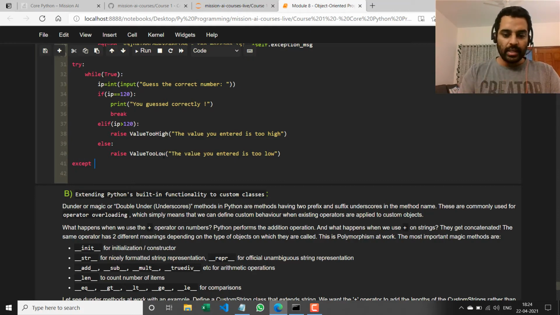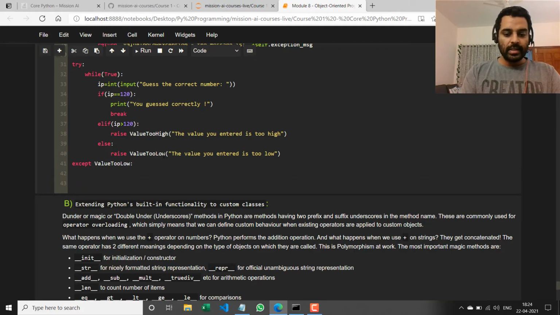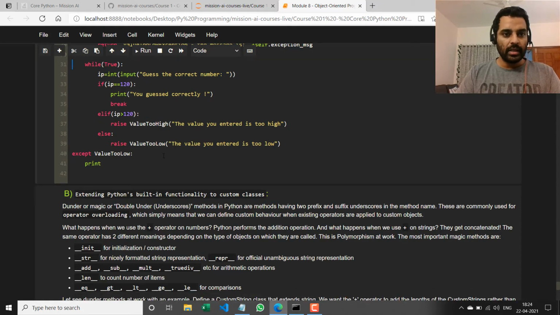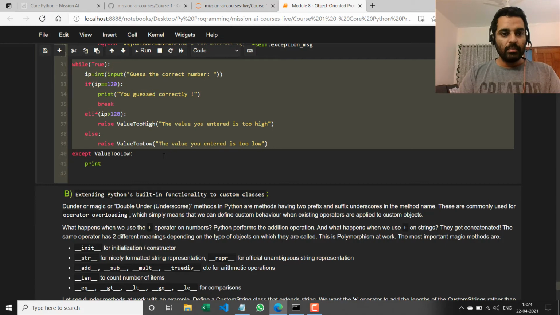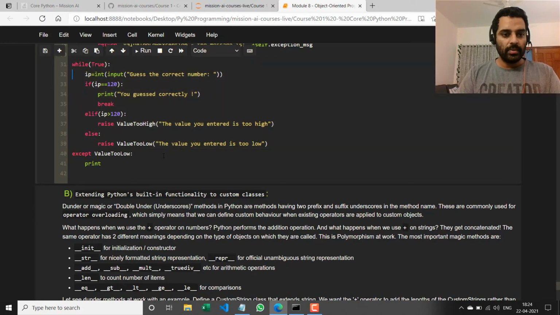So if I catch value too low, then I can say print. Actually, I want this while loop to keep running. So what I'm going to do is I'm going to put the try block inside the while loop.